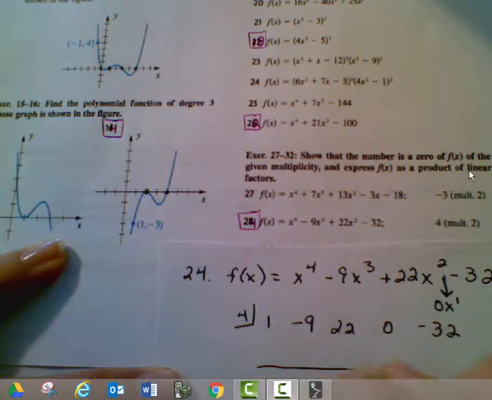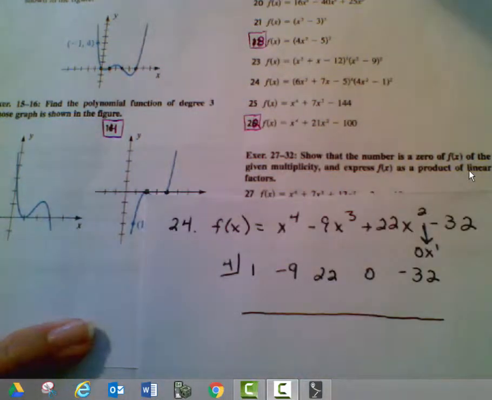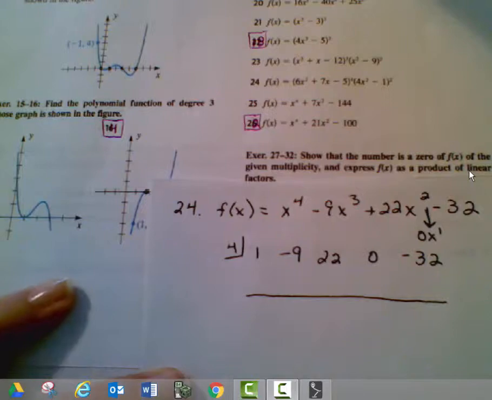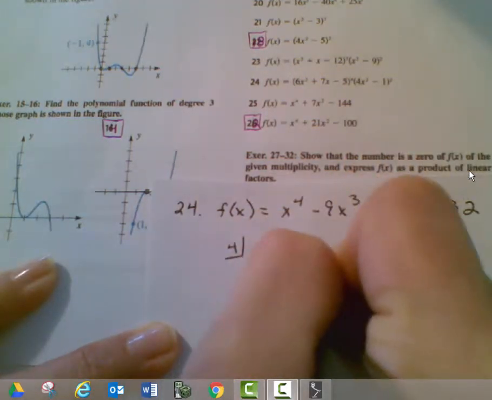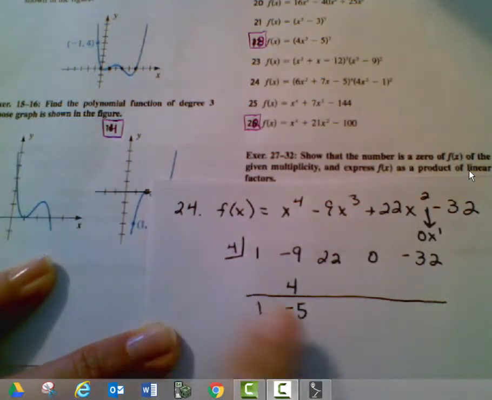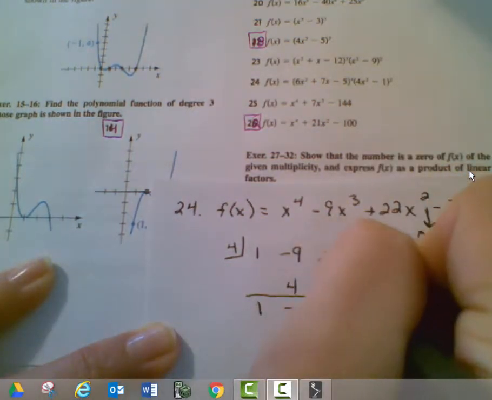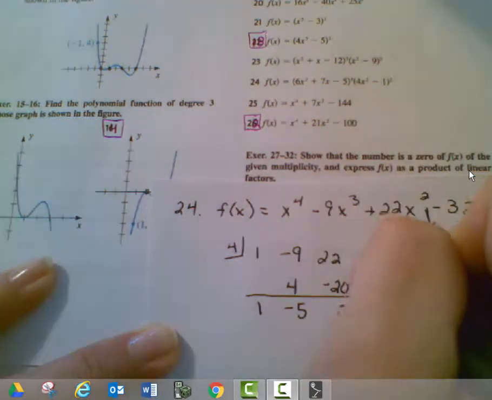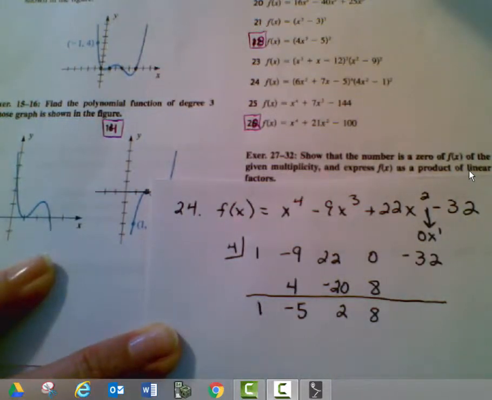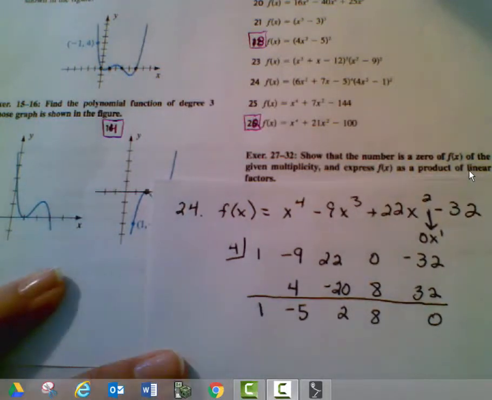Now I'm going to do synthetic division and see if I get a 0 remainder like this problem is saying that I should. Bring that first coefficient straight down, then start the process of multiplying, add. 4 times 1 is 4, add. 4 times negative 5 is negative 20, add. 4 times 2 is 8, add. 4 times 8 is 32, add. The fact that I got 0 remainder